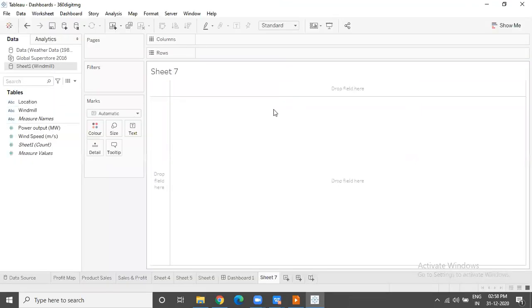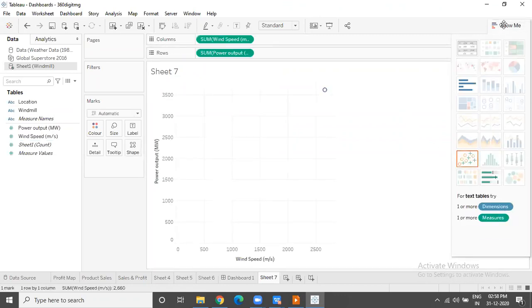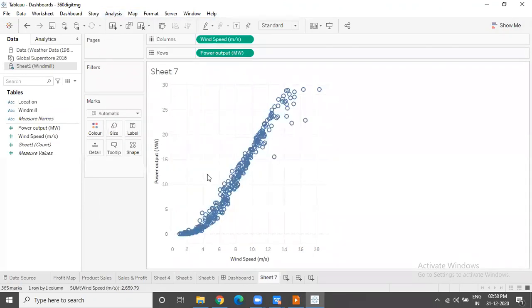Now with this information, if we are supposed to build a model that is supposed to help us predict the power output given the wind speed, then first we will create a scatter plot. After creating a scatter plot, we can granularize the data, disaggregate. Now this is the overall shape that the data is taking. Now here, to build a prediction model, we will put a trend line. When we put a trend line on the data, we get the equation and we get the R squared value and P value. Now, as long as R squared value is greater than 0.8 and P value is less than 0.05, the model is said to be a significant model.